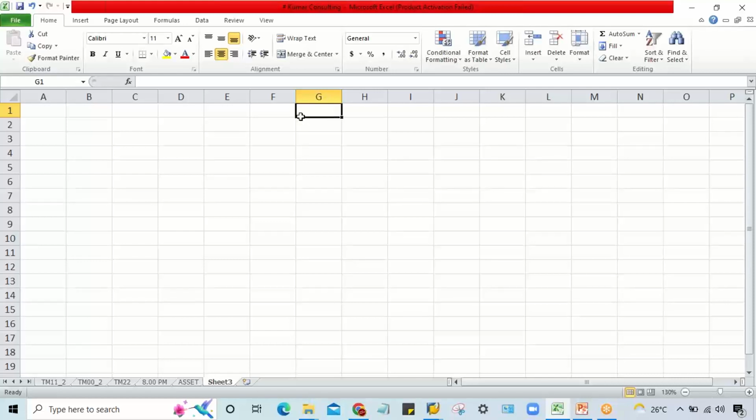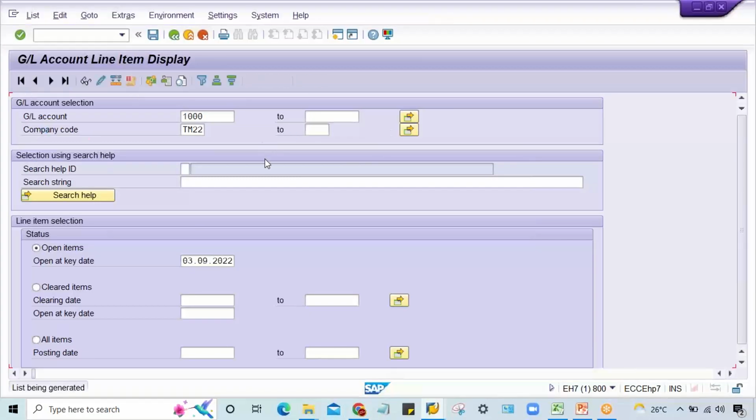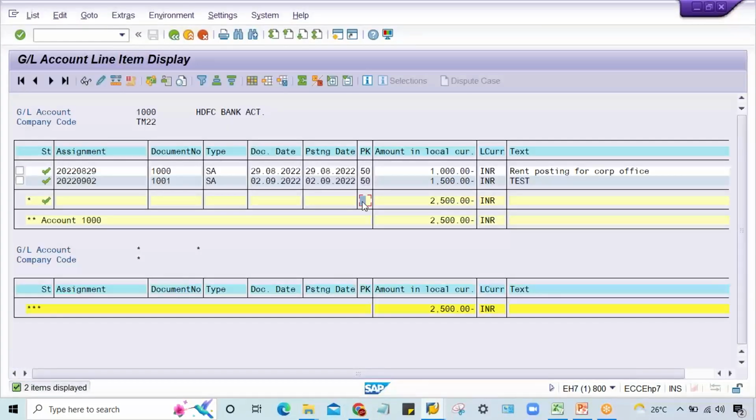Okay, and that is related to now. So that is like here I have shown the screen layout in the sense of this GL report, right? Now we talk about field status. Okay, field status. Field status means